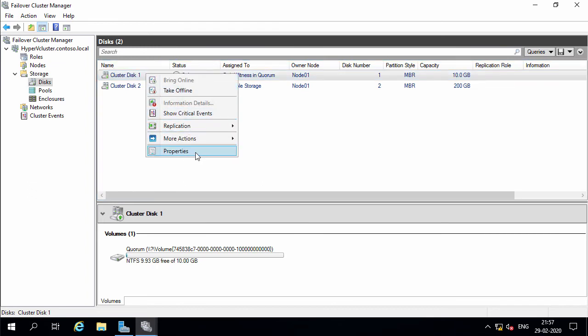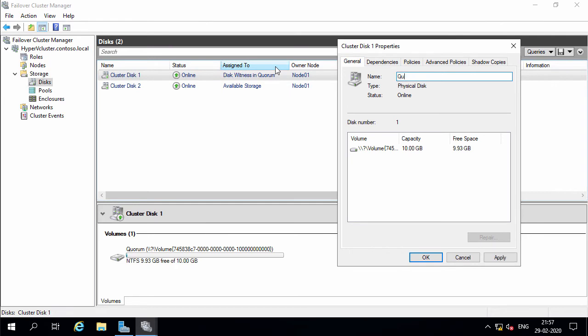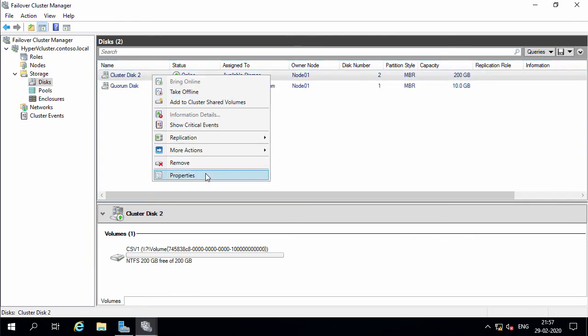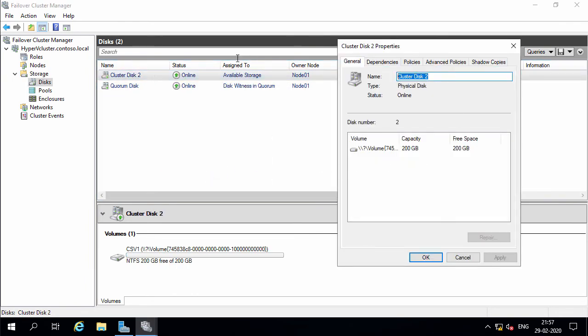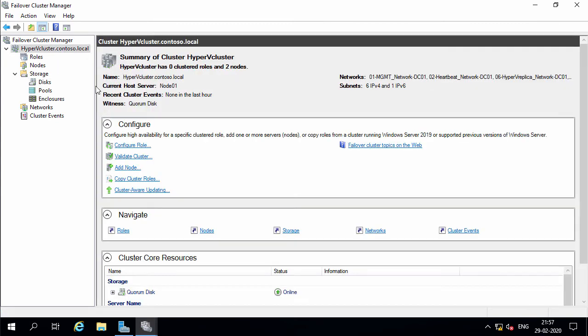So I'll right click on this, click on properties, and name this quorum disk. Click OK. And cluster disk 2 as CSV1, and click on OK. All right. And clicking on Hyper-V cluster on the left side, you can see the current host server is node 01.